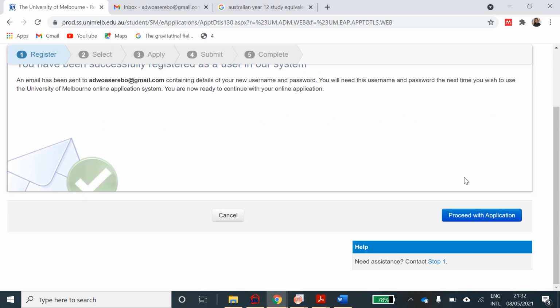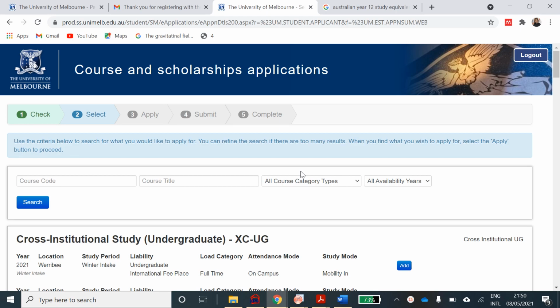So these are the details you will need. When you want to, you can do the completion in one go, or you can go and come back, but if not, you can just proceed with the application here. Now when you click on proceed with application, this is the part where you have to choose the course and the scholarship. Now if you have not watched part one, again I'll say watch part one, because at